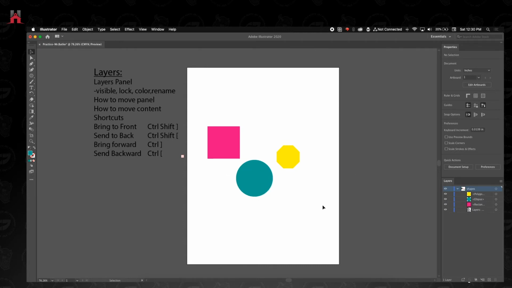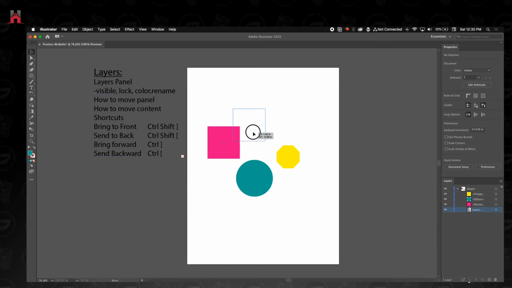So the way Illustrator works is it continually compiles things onto whatever layer you have selected. So you could see initially I made this guide here in type, and that is at the bottom. So you can kind of think of layers as you build them. It just continually stacks on top of each other,